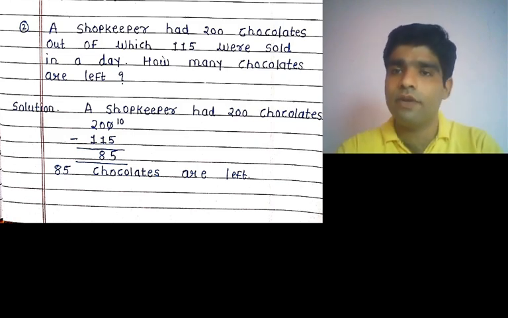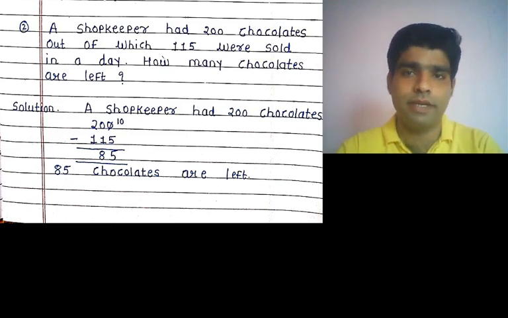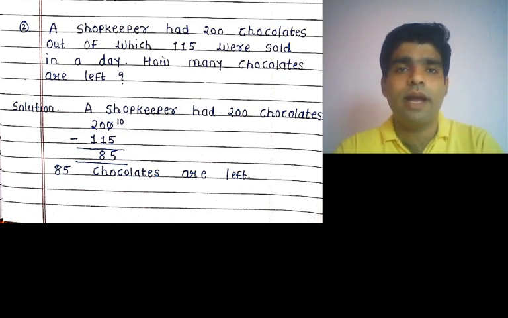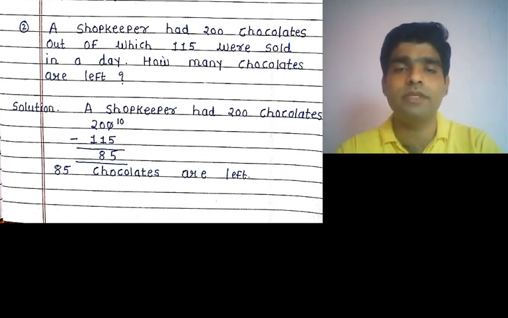Okay. In your word problem, first of all write down the given condition, then you have the solution, and then you have to write down the last line. It means that 85 chocolates are left. Okay, this word problem is related to addition and subtraction. I hope every student understood how to solve word problems and count to subtract by using the number line. Okay, the next topic starts in the next video, and have a nice day.